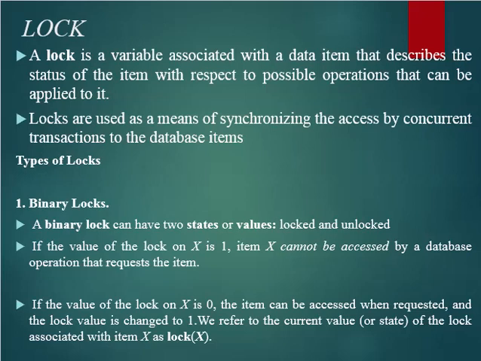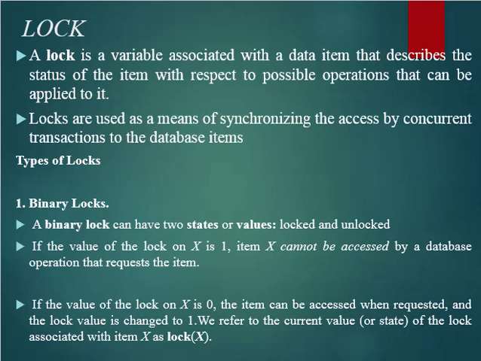So we have to check whether the value of the data item is 1 or not. If the value of lock on X is 0, the item can be accessed when requested, and the lock value changes to 1. So if a particular transaction is going to pick the data item and finds that the value is 0, that indicates it can currently access that data item. So it will request the DBMS for access, and the DBMS will grant permission to access the data item,